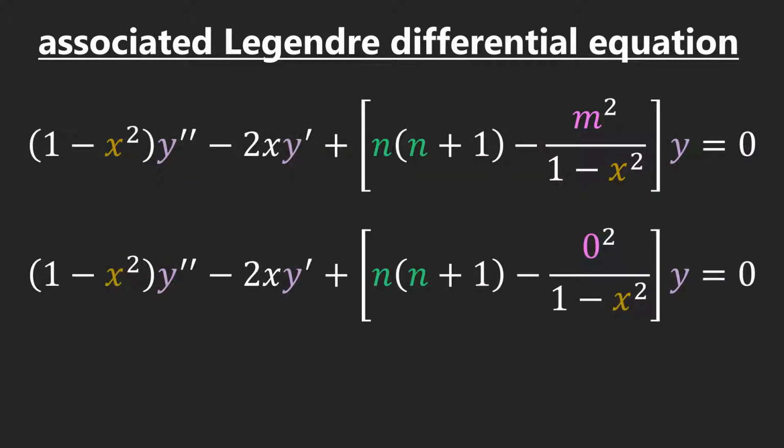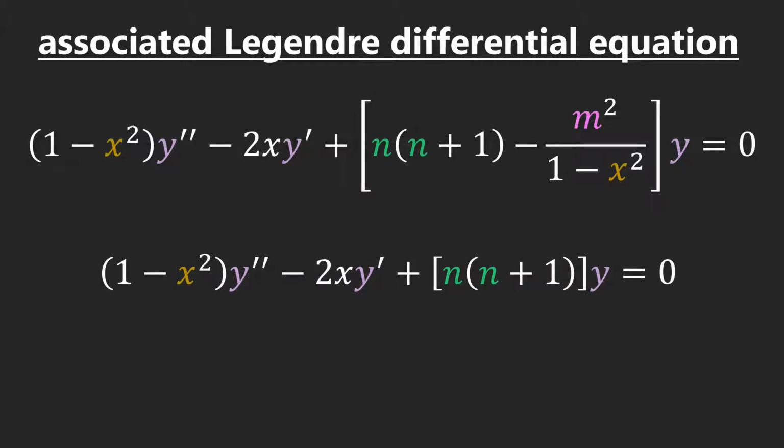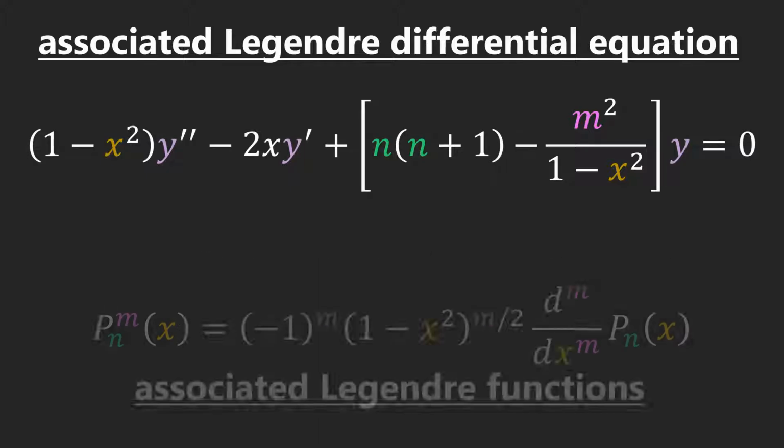Notice that when m equals 0, we end up back at Legendre's differential equation. So the Legendre polynomials are still solutions to this associated equation. But for more general values of m, the solutions to this new differential equation are more generalized functions called the